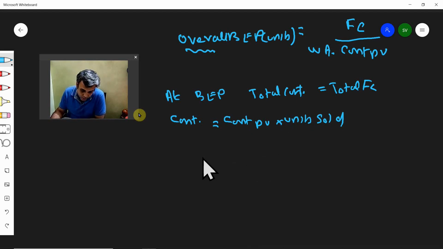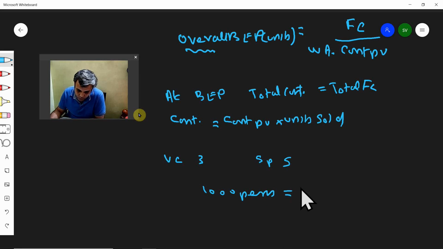Imagine if I buy a pen at 3 rupees, variable cost. I sell it at 5 rupees, selling price is 5. In a month, I sell 1000 pens. How much contribution would I have earned? 2000, because 5 minus 3, for every single pen I get to keep 2 rupees. 2 rupees per pen. Like that I have sold 1000 pens. So how much will I earn? 2000 rupees. So 2000 will be my contribution.